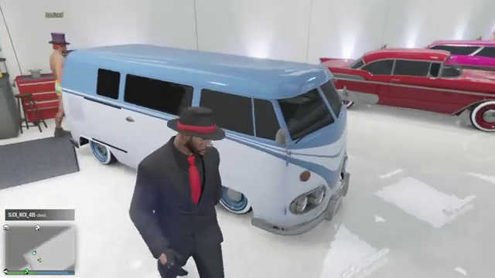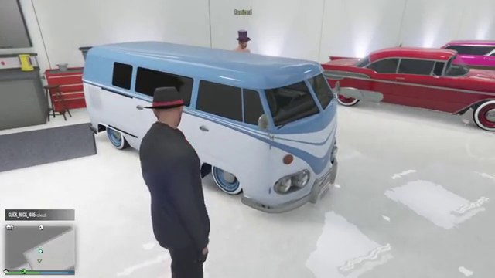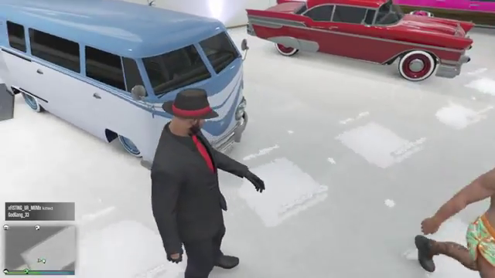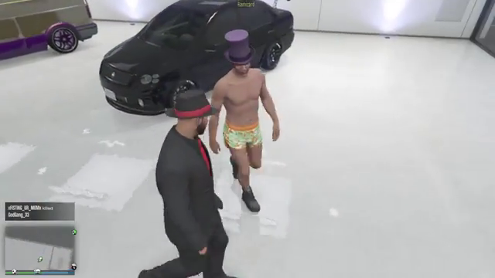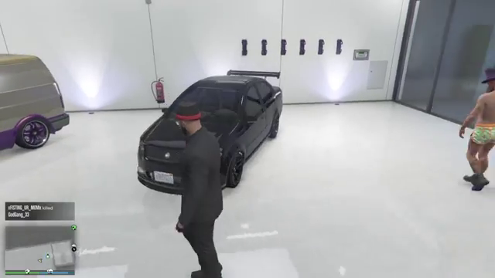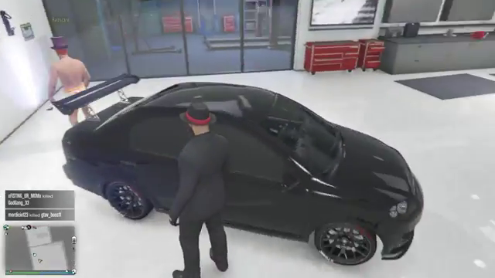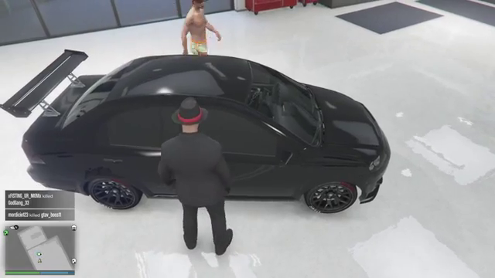I don't think there are very many modifications you could do to this. Besides the color and the wheels, I think the bumper probably, but I don't know. So, moving on. I know this vehicle. We got the Asea here. The D-Class Asea. The Asea is...